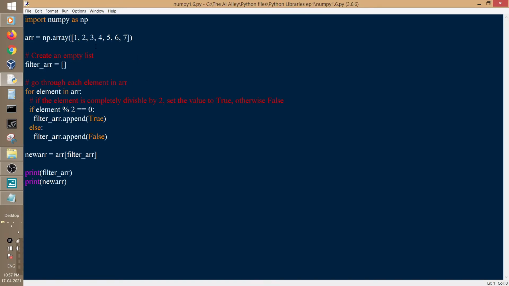Moving on to the last script of NumPy basics. Here I am creating an array and applying a filter array, or a filter, for the array. I am giving a condition of even numbers and making the place true wherever the value at that index is even, and all the remaining values where the element is not even will be false. So let's run this.